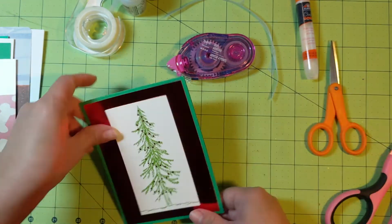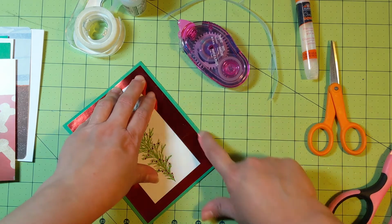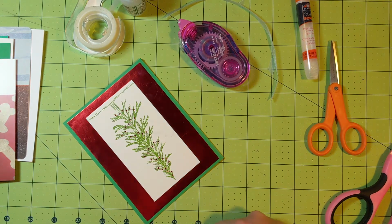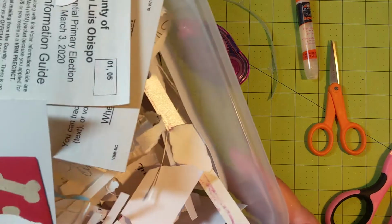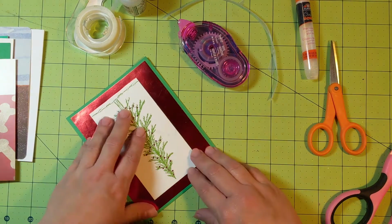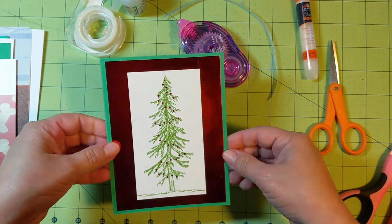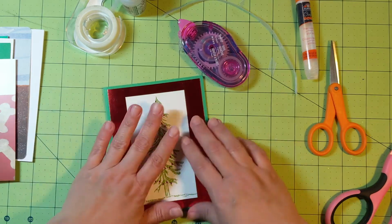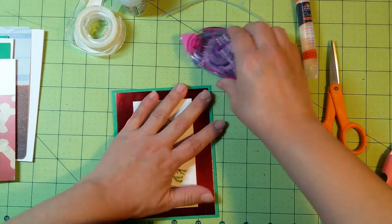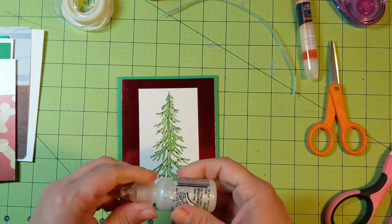And I do keep all my paper scraps in a big bin so I can shred it and then make paper, so that way you guys know I am reusing everything. I might make a video about that in the future, about how I make the paper. It's something new I'm trying out. So put that aside, and then I do want to go in with this